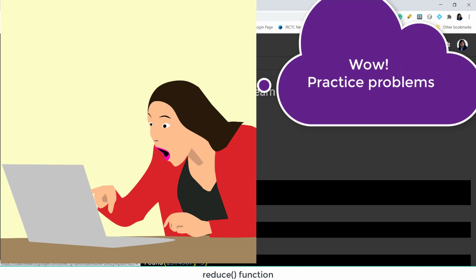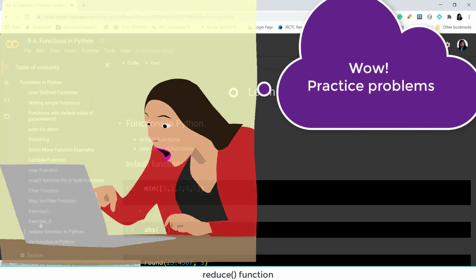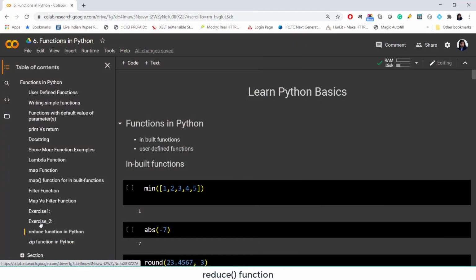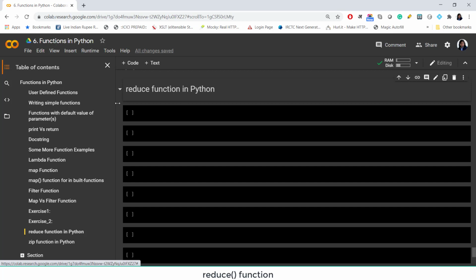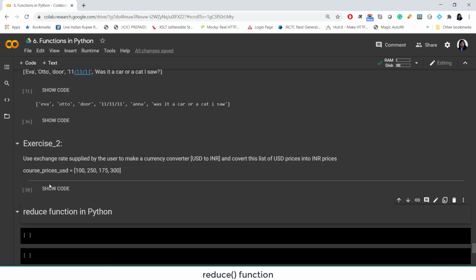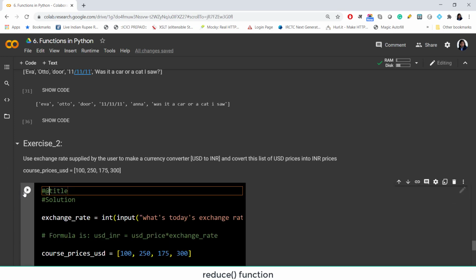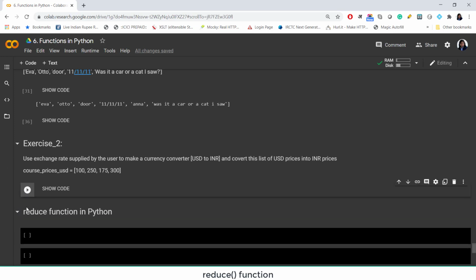So I would suggest you just try implementing those exercises yourself, and if you can't do it, then you can look at the solution. You can double click there and you will be able to see. And then we will talk about reduce function in Python. For example, this is the exercise and here is the solution which I have kept hidden. If you want to look at the solution, you can double click here and you can see the solution. Let me hide it again.